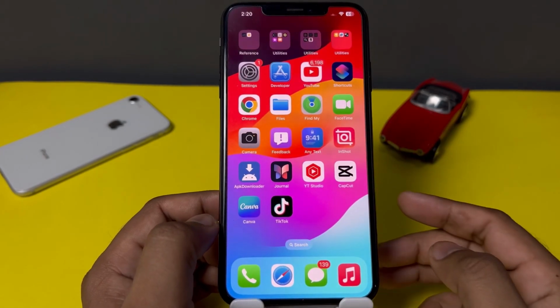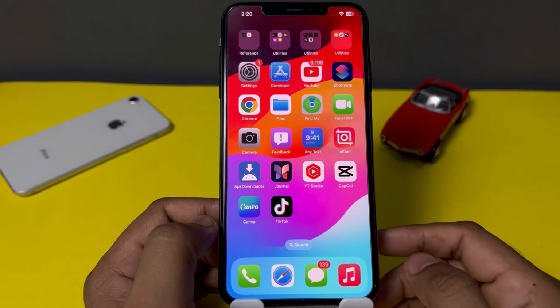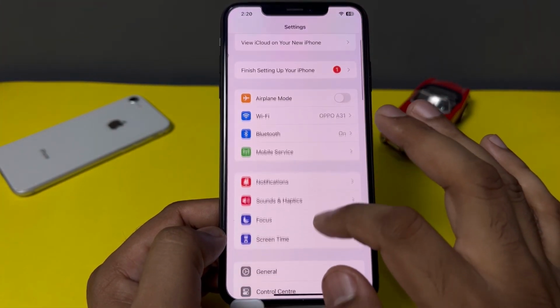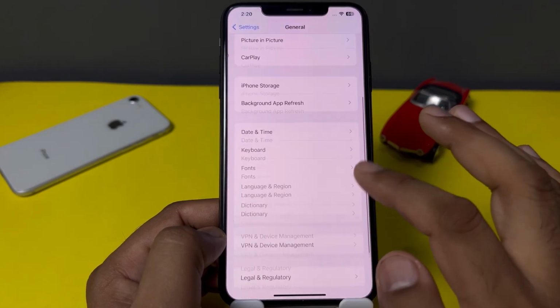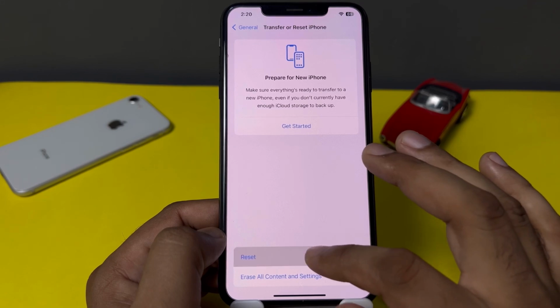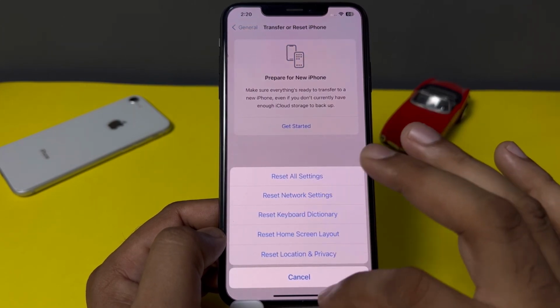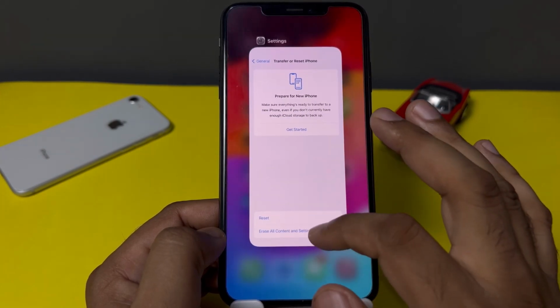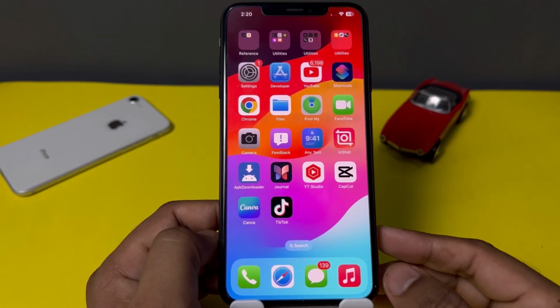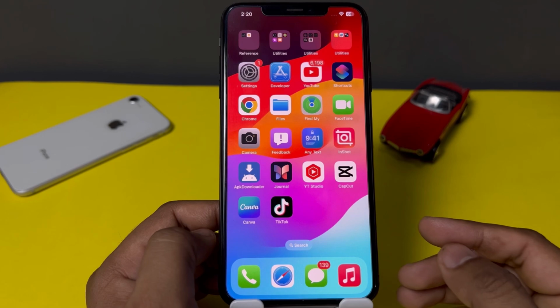Okay, if that method is not working for you, then move to the next solution. The next solution is open iPhone settings again. Okay, tap on general, scroll down again and tap on transfer or reset iPhone. Okay, tap on reset and reset network settings and apply it on your iPhone. So friends, by doing 2 to 3 simple steps, you can easily fix your iPhone Wi-Fi showing no internet